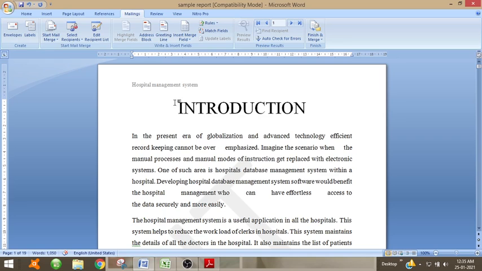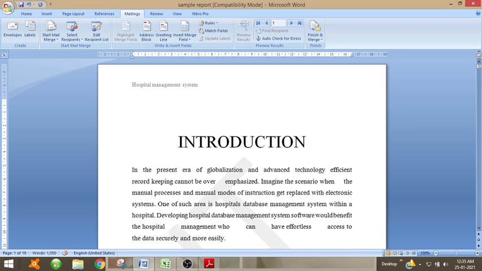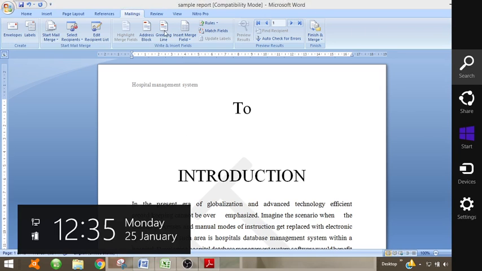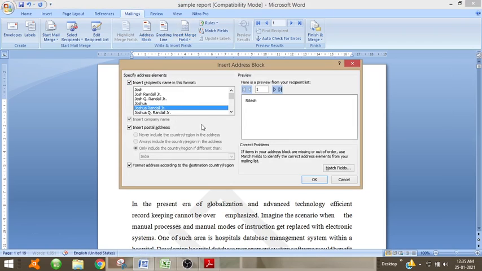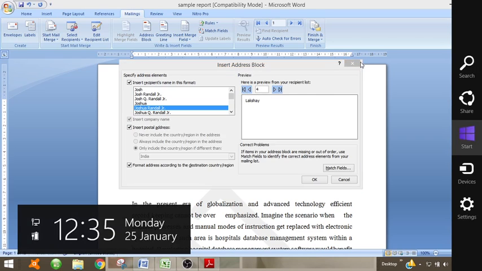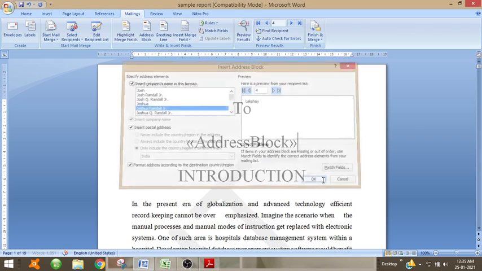Suppose I consider this a letter and it will have "To", then insert the address block. So what all things we need in the address? Each person's name, and we can insert different fields in this letter.